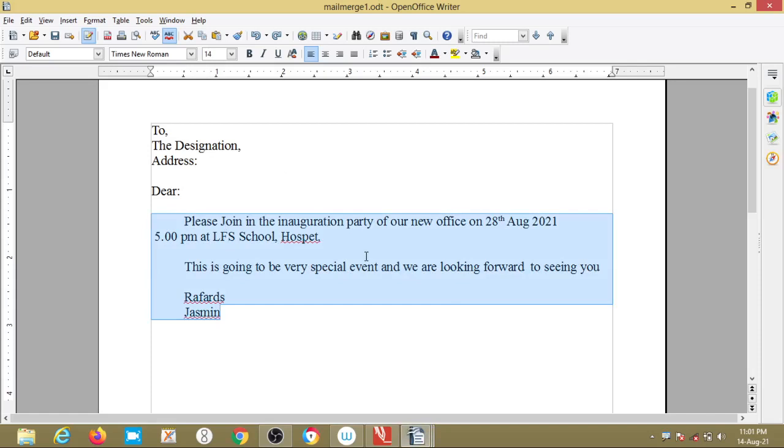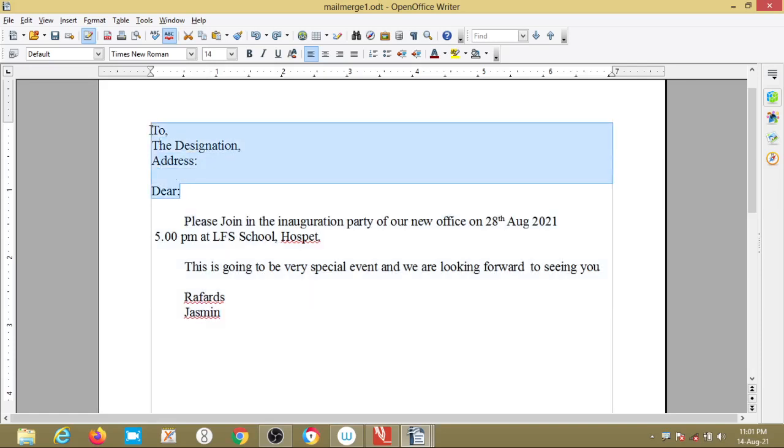And the third step is adding the merge fields into the main document. See, these are the merge fields. Here what you are seeing, the designation, address, dear. These are the fields which have to be added in the main document. These are called the merging fields. Okay. Now,